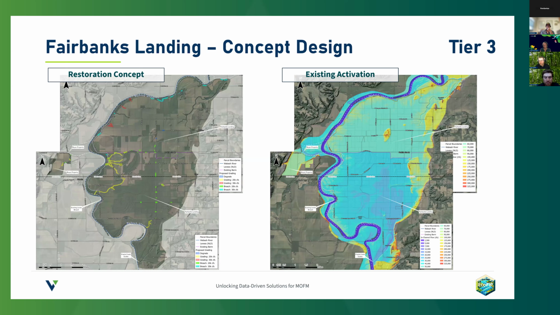So moving on to tier 3, one large site that really stood out amongst all the others in terms of habitat quality was the Fairbanks Landing. The map on the left here shows the site. We have levees that exist along the main stem of the river along the left bank that disconnect the northern portion of the floodplain from the river. As you move downstream in the direction of my cursor here, these levees sort of peter out and allow for local drainages to interact with the river. So we have a north-south drainage that flows into the river along this location here. So water would generally backwater up along this drain